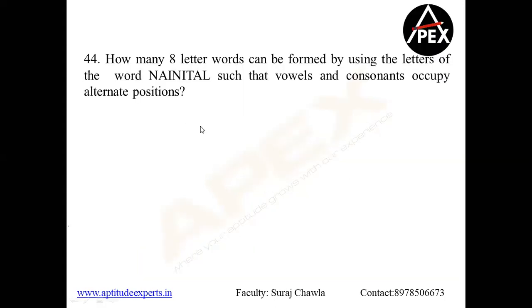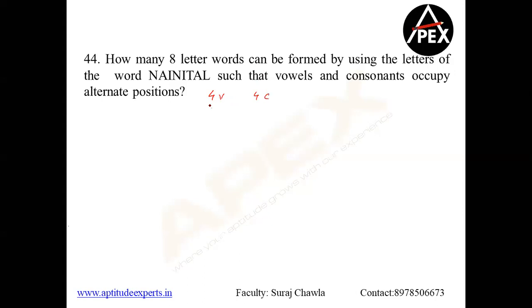Krishna is asking me, sir, why are we discussing only one word? Krishna, if I'm explaining the concept to you, you can apply it to any word. My concept is simple. I take one word and I explain all the given models. Once you understand the model, you can go back and apply it to any other word on this planet, Krishna. Clear?